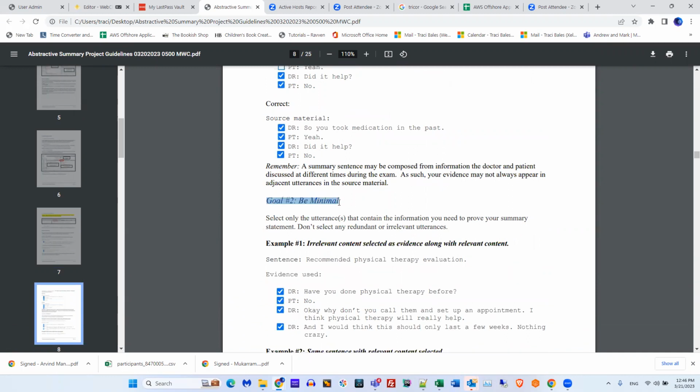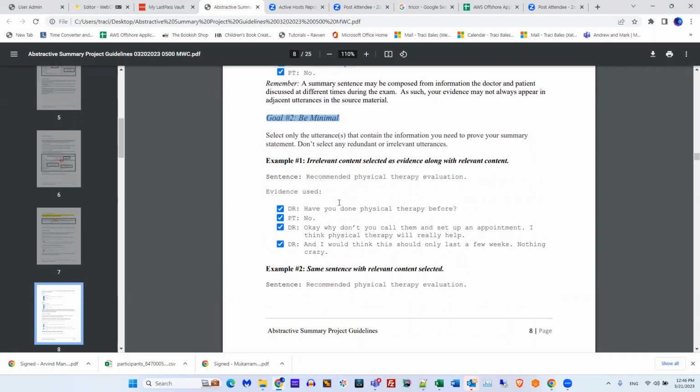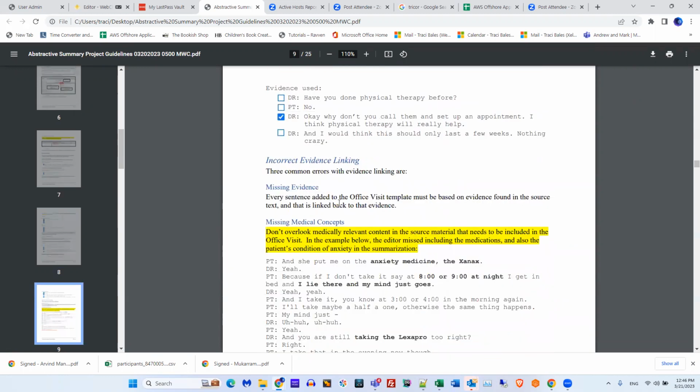Goal 2, be minimal. What this means is do not link evidence that is not needed. So link everything that is needed, but don't link more than what is needed. Do not link incorrect evidence, because this is all exported to the client, and it will be uncovered if you just mark things just to make sure you have evidence linked. And we will realize it and send files back to you. So make sure you have correct evidence